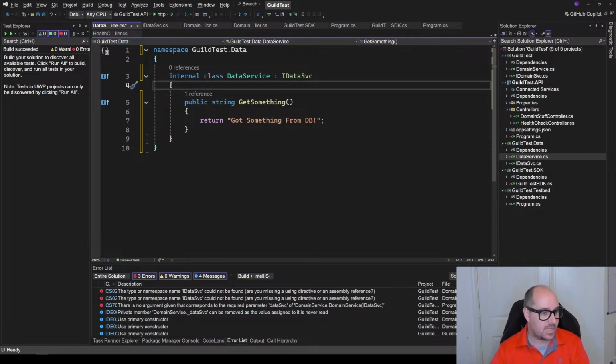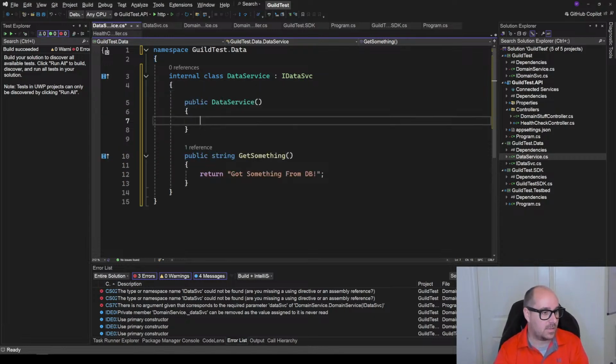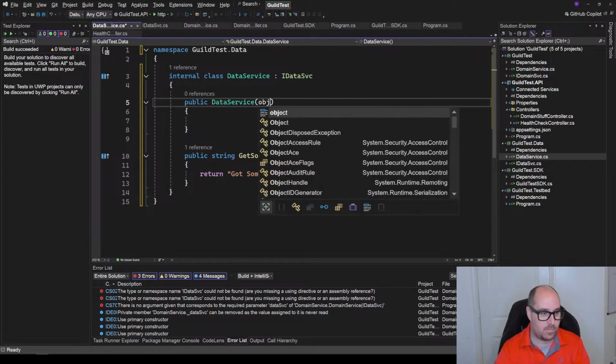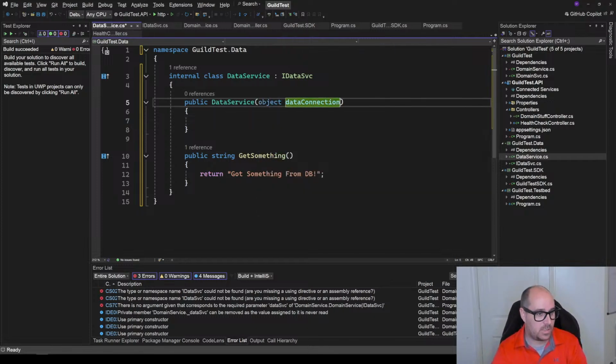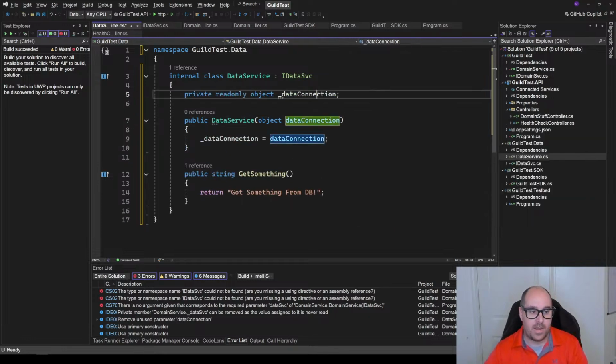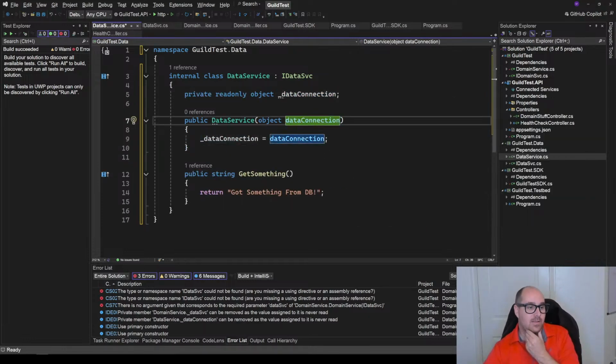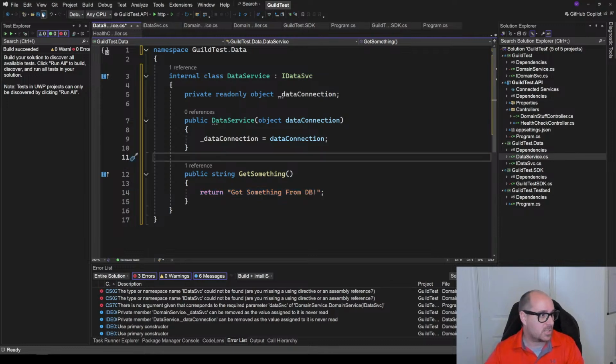I'm going to say I got something from the database, and I'm going to add an object data connection. I'm not even going to be using this, but the point is you're going to be injecting either a connection string or a SQL connection or an Oracle connection or something here, an ADO connection. It's called an ADO connection. I forget right now, but something in here that allows you to connect to the database. And then down inside your methods, you're going to be using that data connection. Actually, just for fun,